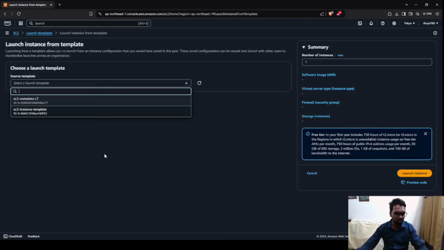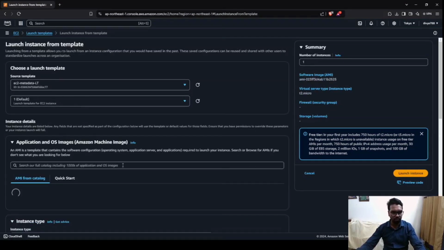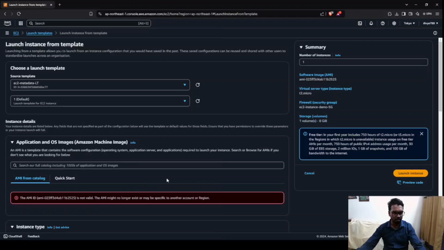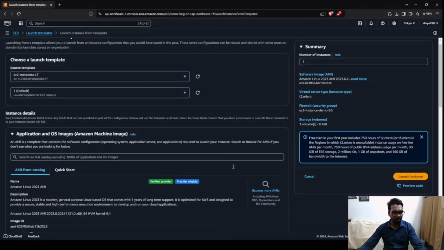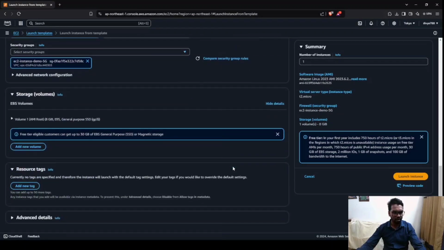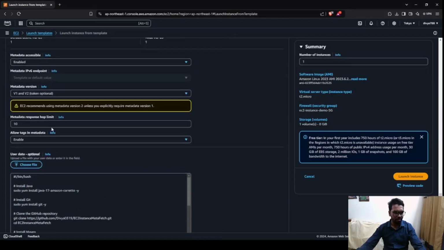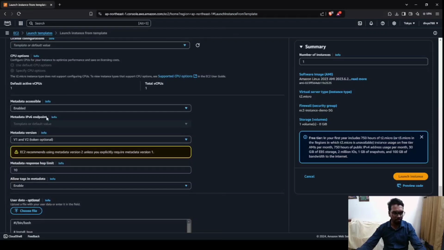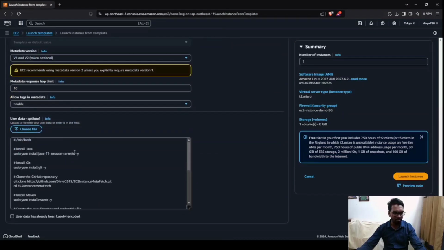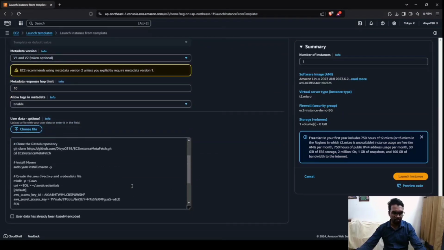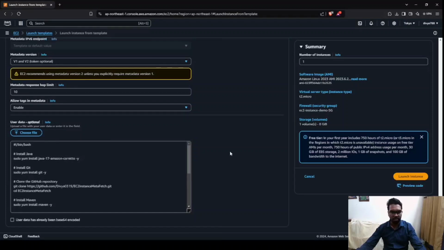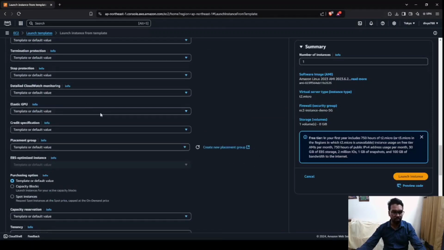Now we need to choose our instance template which we created recently. So it was this one, EC2 metadata LT. Choose that one. After you choose that, all the configuration will automatically be loaded here. You won't have to choose anything. Once it is loaded, you can even check what all things are loaded. Here you can see in the template we have specified all these things, and all of them are loaded here. We have not written any of this. We have not even chosen any of this. All the things are coming from the template.